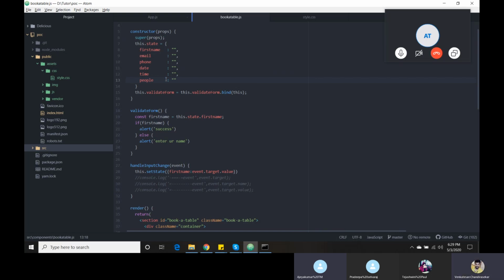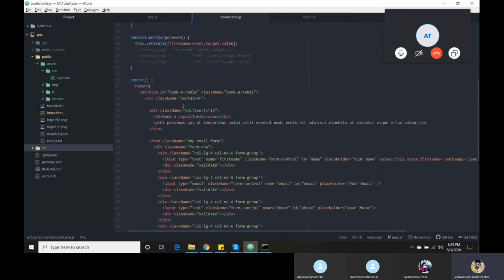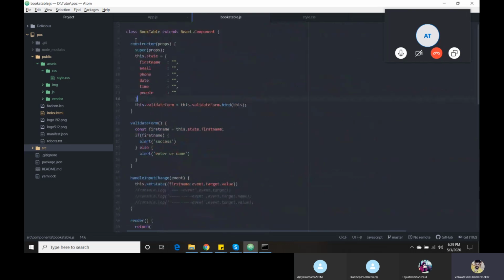Yes, we need to declare that; it is called a prototype. This is the complete object. The prototype means we declare our object and also the functionality, the functions. Here we have a function. We forgot to bind this function inside the constructor, so it won't get access to the state variable. That's the reason I am now binding this function inside the constructor.